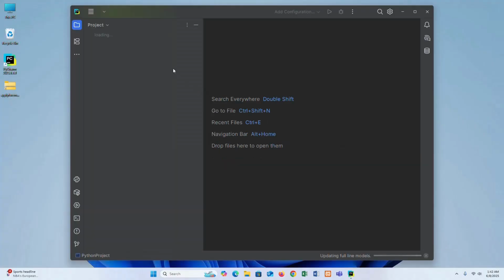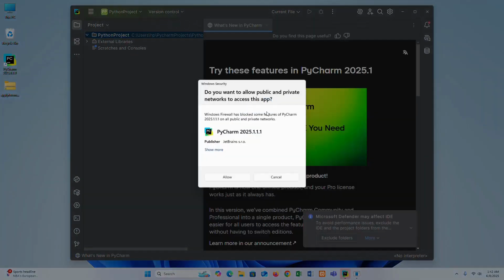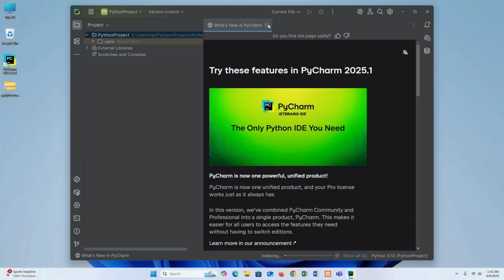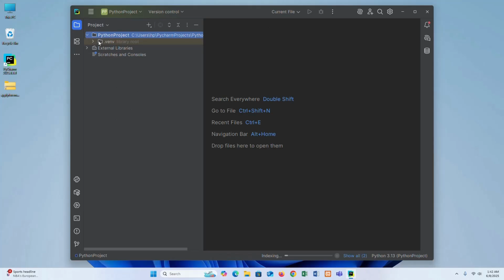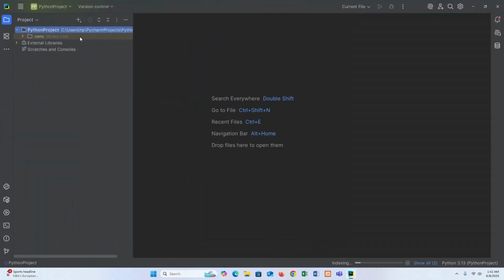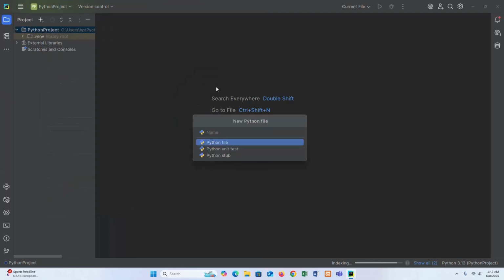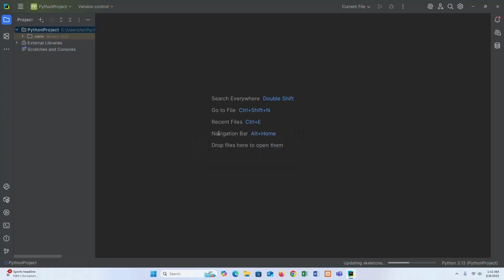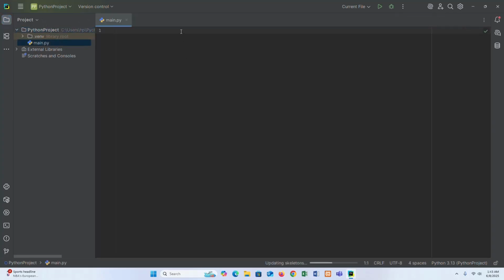It may take a while. If you are asked a question from Windows security, do you want to allow public or private networks to access this application? Select allow. Now I am going to create a new file. Select Python file. I am going to name it main. Hit enter. Okay, now I am going to write a simple script here